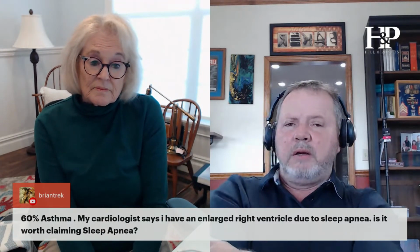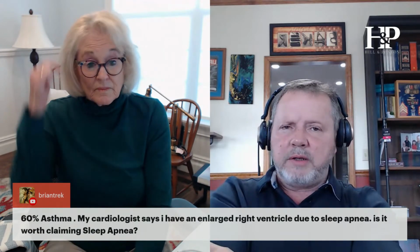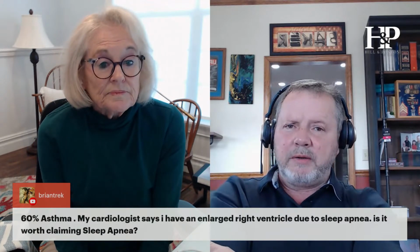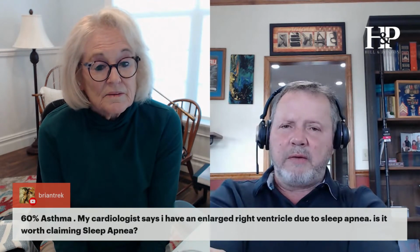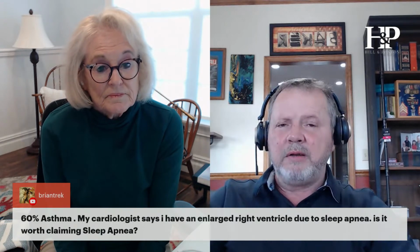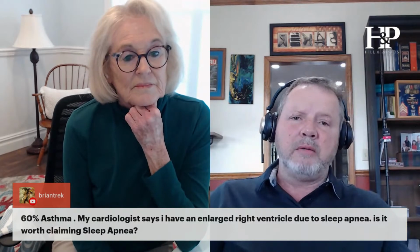And it could be secondary to the asthma. If you're oxygen starved, that's what sleep apnea does. It just does it while you sleep. You're oxygen starved, and there's more pressure and strain on the heart. I wouldn't rely solely on the sleep apnea. I would bring in the asthma